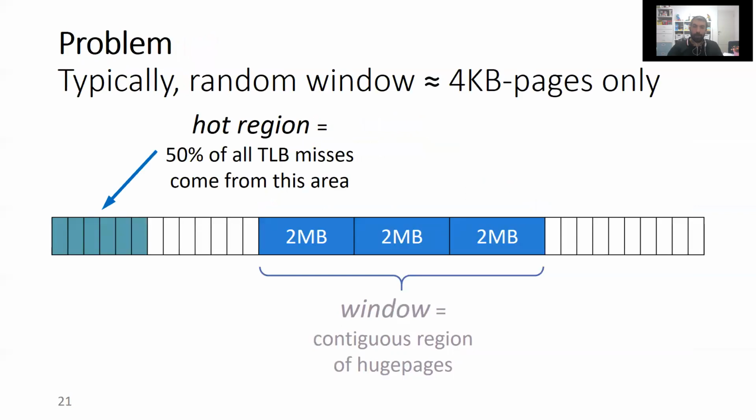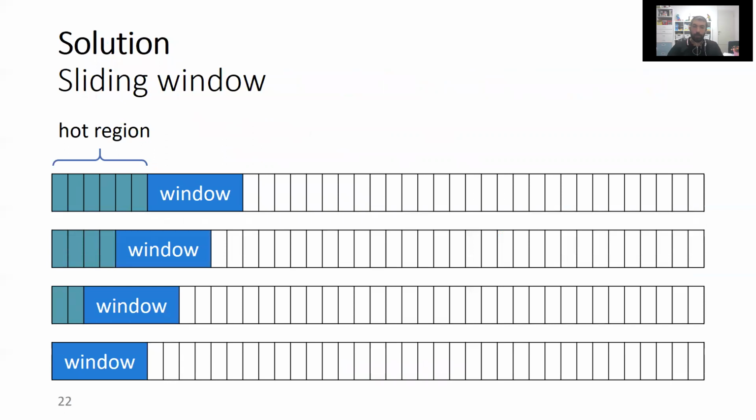We learned, however, that random sampling is not effective for generating diversity. The reason is that for most workloads, TLB misses tend to be concentrated in a relatively small hot region. For example, 50% of the TLB misses of the MCF benchmark originate from a contiguous 12 megabyte region. Consequently, as illustrated in this figure, most randomly generated layouts miss the hot region and therefore perform roughly similarly to using only 4K pages.